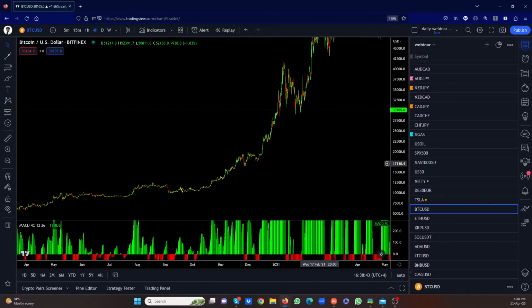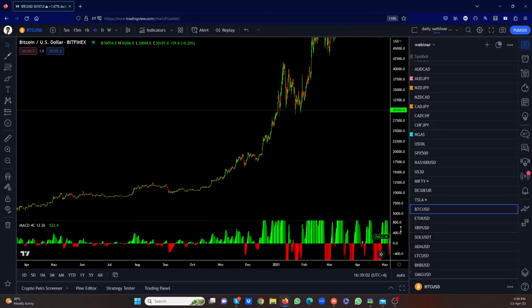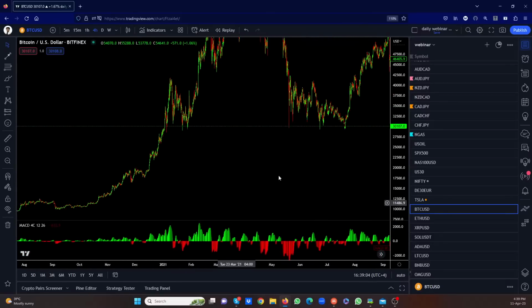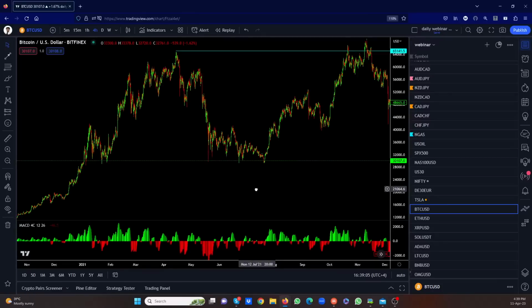So all of these have a lot of flags and pullbacks. I'm not even going to go with that deep pullback, see that pullback, see this pullback. Look at this one. Right? So they do make pullbacks. If you missed it here, you can get it from here to go. But if you jump in and get trapped at the top of one of those moves, the pullback is what will bail you out.